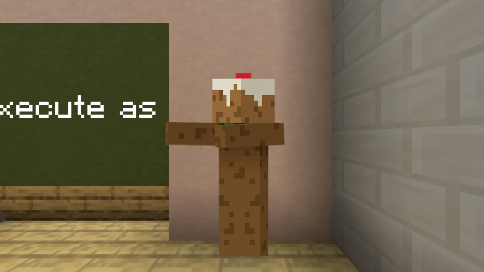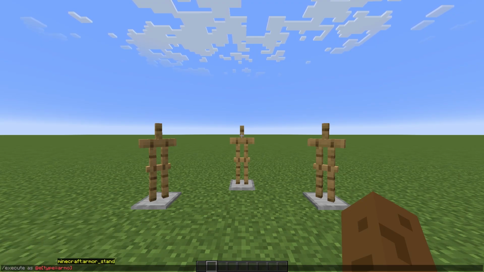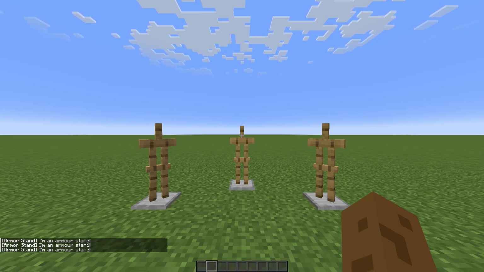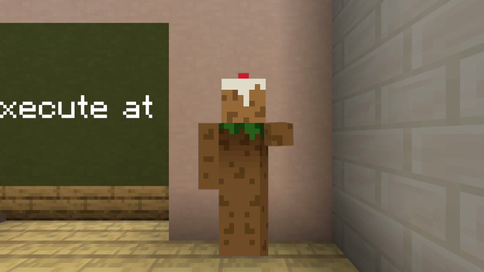The way it works is it runs the desired command as if it is run by the entity specified after the as. For example, if I run execute as all entities of type armor stand, run say I'm an armor stand, all the armor stands in the world would say, I am an armor stand. There's also execute at if your command requires a location, but generally you can just do execute as selector at